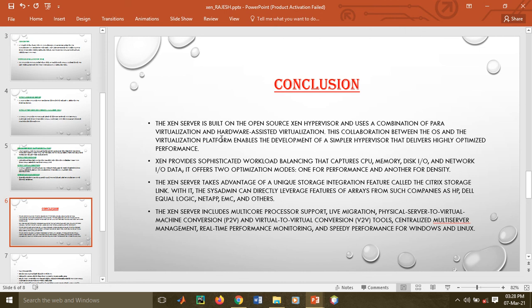Xen server has the advantage of a unique storage integration feature called Citrix StorageLink. With it, the sysadmin can directly leverage features of arrays from companies such as HP, Dell EqualLogic, NetApp, EMC, and others. And Xen server includes multi-core processor support, live migrations, physical server to virtual machine conversions, that is P2V, and virtual to virtual conversions, that is the V2V tool, centralized multi-server management, real-time performance monitoring, and speed performance for Windows and